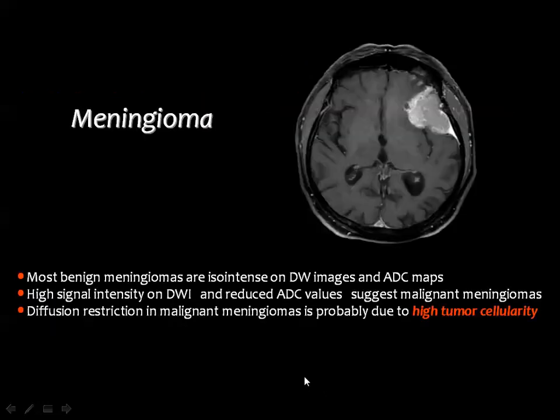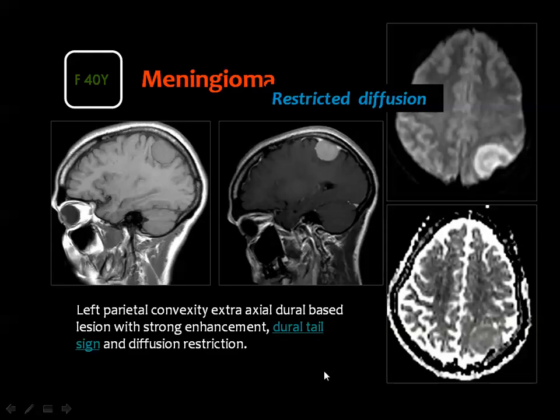Meningiomas are also one of the tumors known to have high cellularity. Then you expect that some types of meningiomas will appear with restricted diffusion, and this is an example. Convexity meningioma, almost low signal in the T1, and homogeneous post-contrast enhancement with characteristic dural tail, and the diffusion weighted image, you got bright signal, and the ADC, you got low signal, meaning that you are dealing with